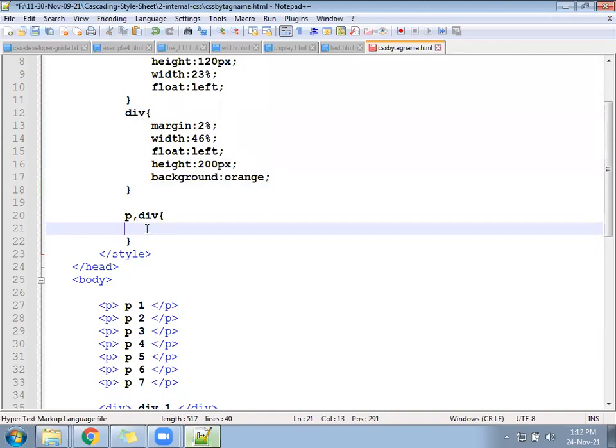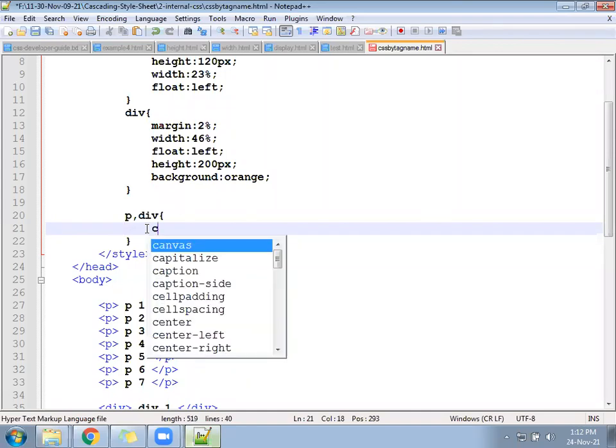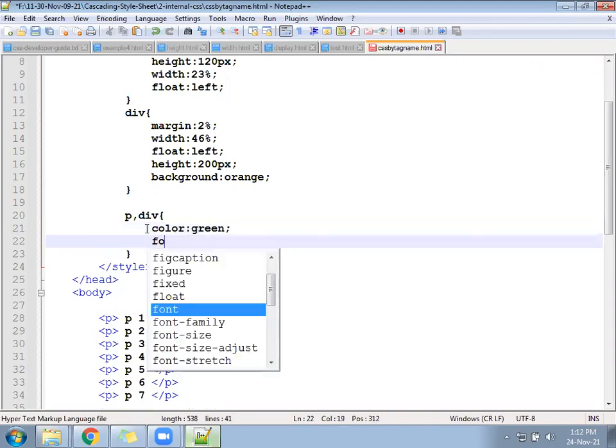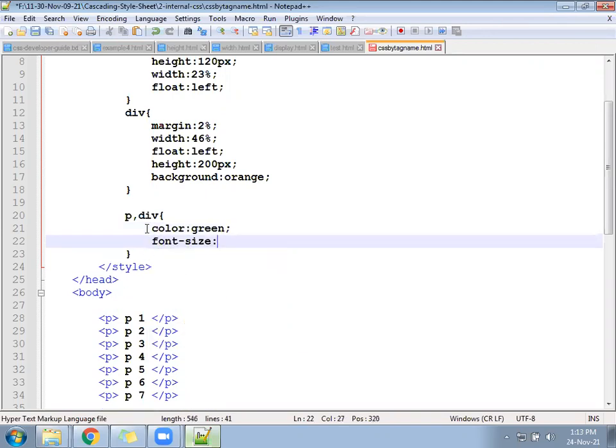For paragraph also, for division also, for H1 also, H2 also, for n number of tags separated by comma, write a common property called color green and font size 30 px. Check. So for paragraph also, division also, color will be green and font size will be 30 pixels.